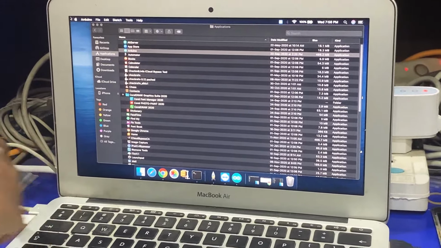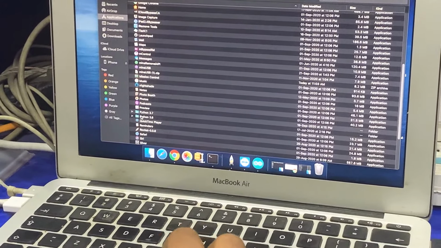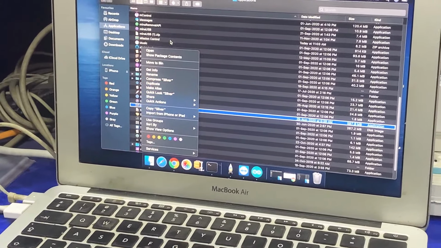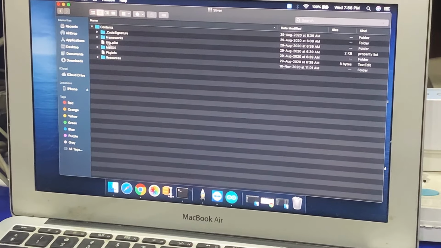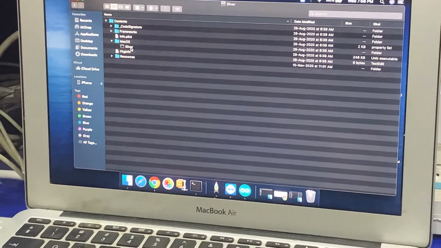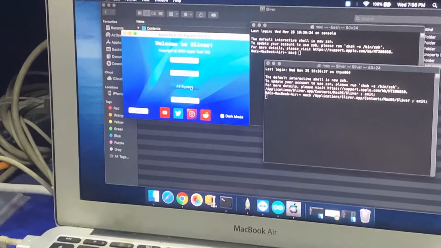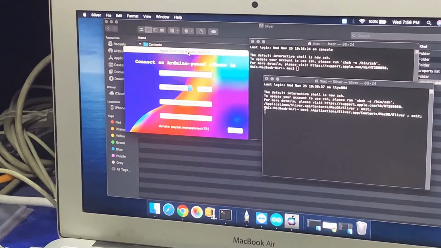This is our last step. Now open Silver. This one is Silver. You can download it from the official site of Appletech 572. Now run this software in CLI mode. Our chip ID is F5, so you have to select F5 bypass. Then our model is iPhone 4S. Now load this.